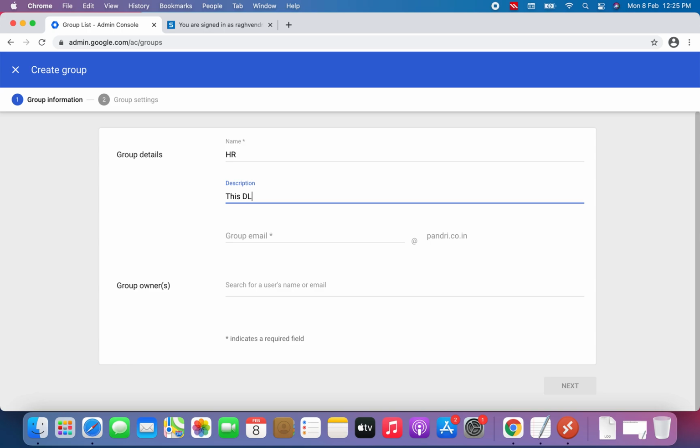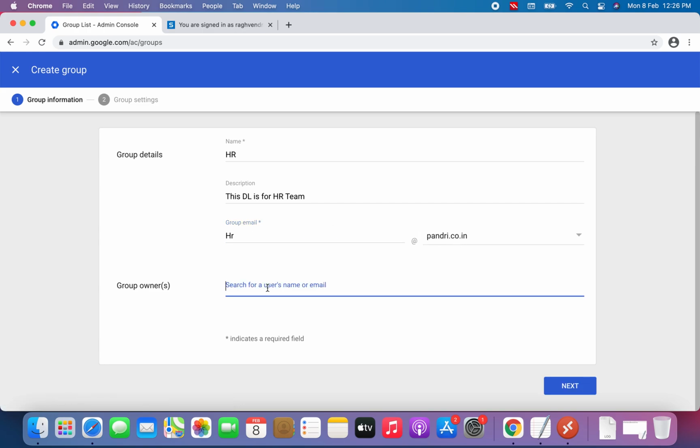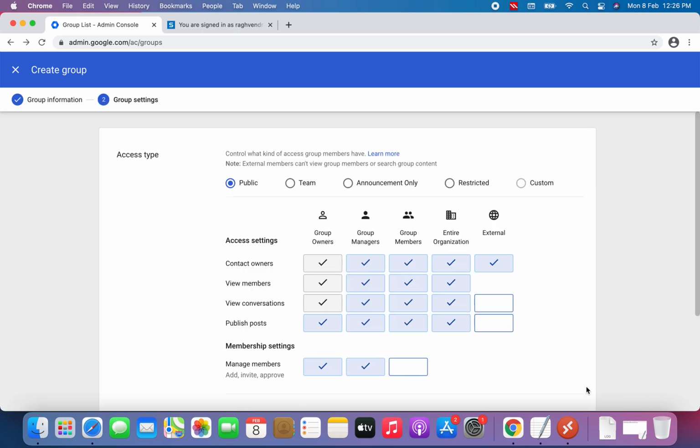This DL is for the HR team, and the email ID you create for this HR, let's say, is hr@wani.co.in. Here you can make an owner for this group. There are different kinds of ownership permissions applicable to the group. I'll discuss it later. For now I'm going to leave it blank and click on next.